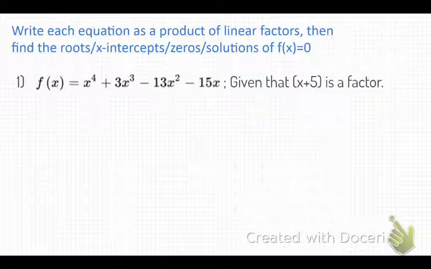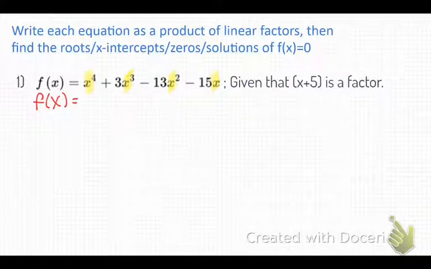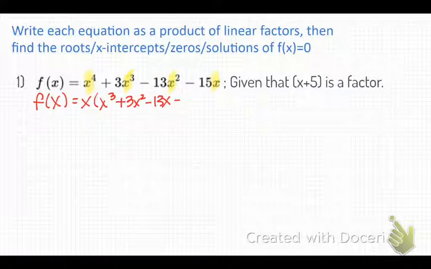It has something in it that none of our equations yesterday had. So I'm going to look at each of the terms. In the first term, do you see how I have x? I have another x, and an x, and an x right here. So what is it called if I can take something out of everything? GCF. So I have to start by factoring, okay? So I do have a GCF. What is my GCF on this problem? An x. So I have f of x equals x times x cubed plus 3x squared minus 13x minus 15,